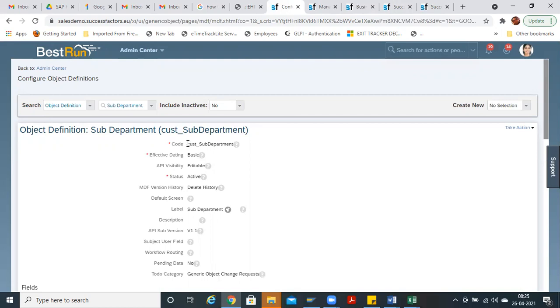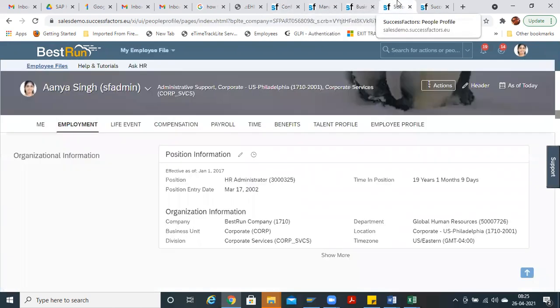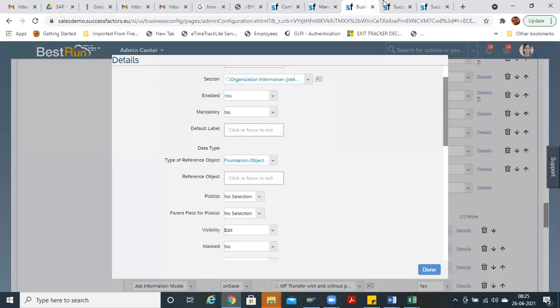So just copy this. Don't edit it, just copy it. It will not take the cust one. In this only you have to copy it. Then you have to paste it.